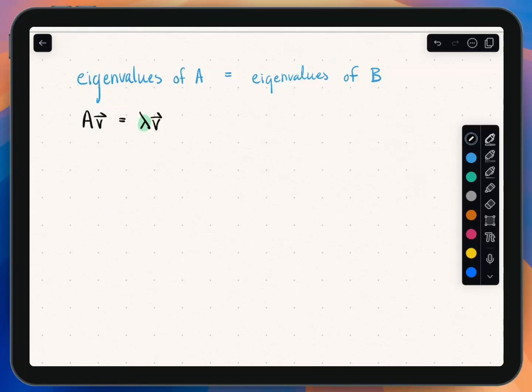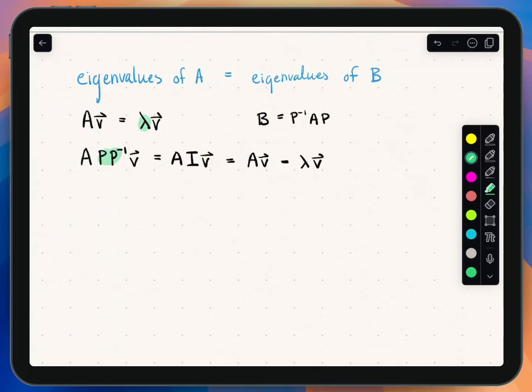Since I know that P is invertible, I can say that A times P inverse times V is going to be the same thing as above, because this is just going to turn out to be A times the identity times V, which is going to turn into A times V, which turns into lambda V. So this little thing right here is just a little trick to get P and P inverse into the picture. And then finally, because we know that B is equal to P inverse AP,